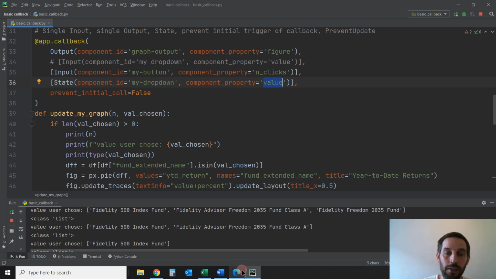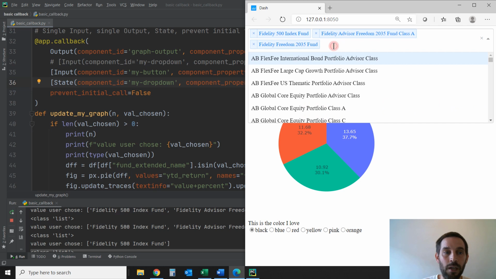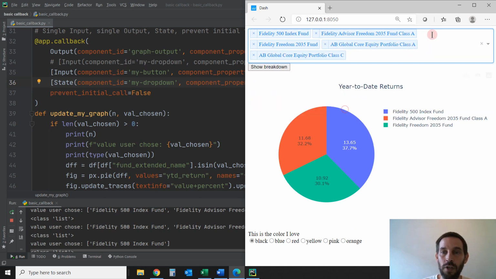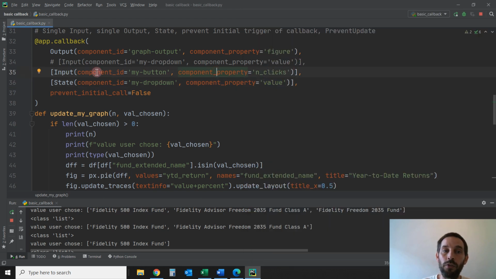I can change the values of state of the dropdown because state is a dropdown, and it will not change the pie chart. You see, I'm changing the dropdowns, but it doesn't change the pie chart because it's only state, and state does not trigger the callback. To trigger the callback, I have to change the component property of the input, which is, in this case, my